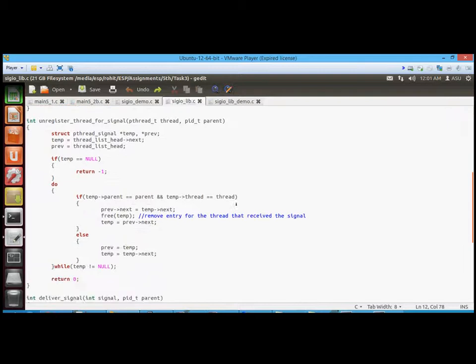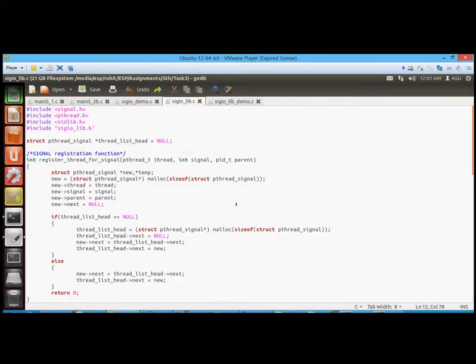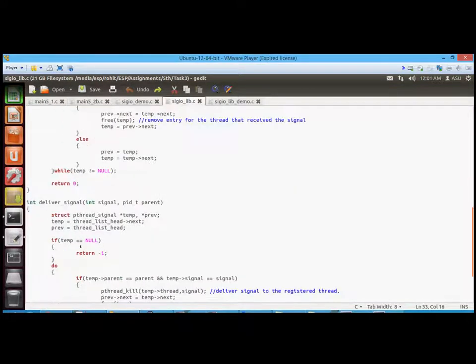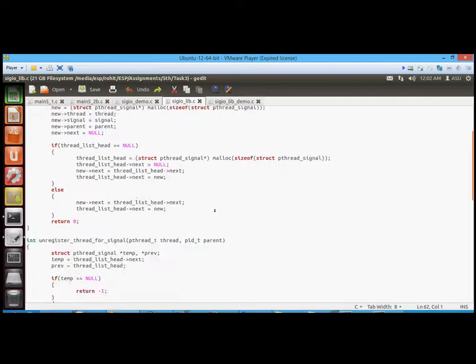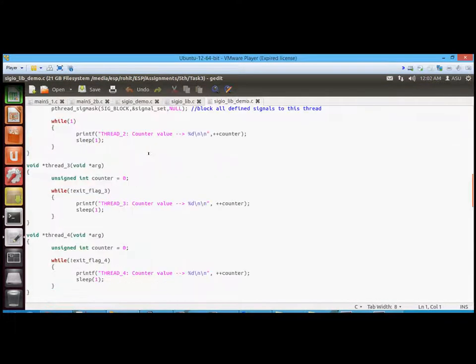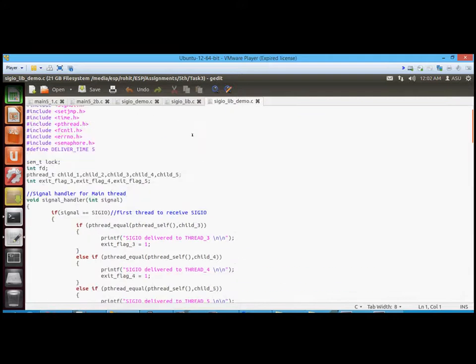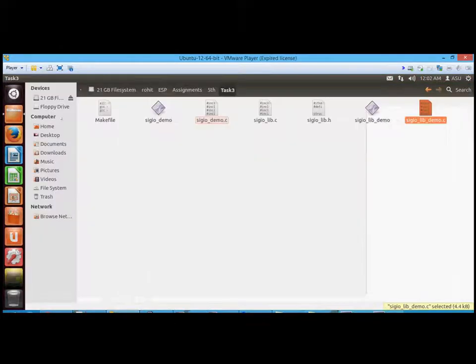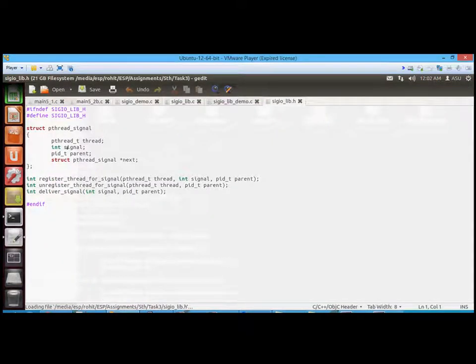3 library functions have been developed. The first one is to register the thread for a signal, the other one is to unregister the thread for the signal, and the last one is to deliver the signal. So essentially for this library, we have a header file. In this header file,